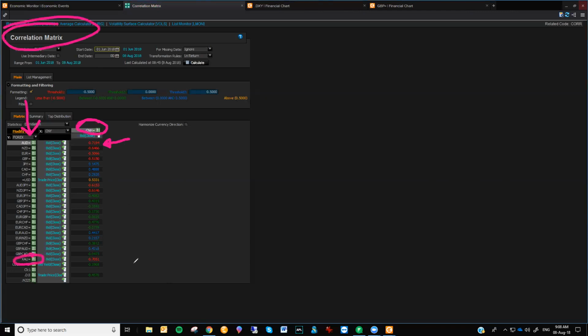Funnily enough, I'm not surprised, to be honest, gold has a 0.7 negative correlation, just by the way it's quoted again. But gold is starting to really pick up, and that's because these tensions do create a bit of a need to go towards a safe haven. So if you are looking to trade the major currencies on the back of the offshore yuan, focus on the Aussie. That's first and foremost, and then the other currencies fit into place.